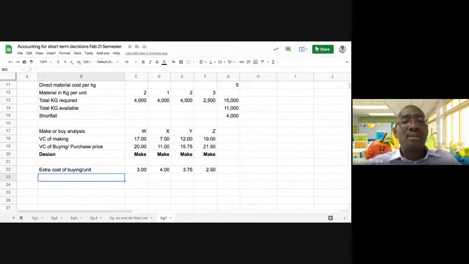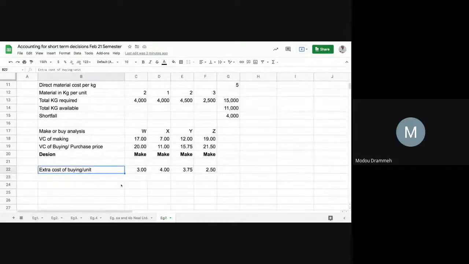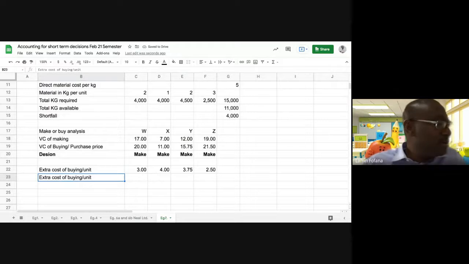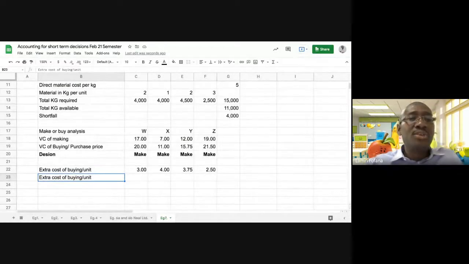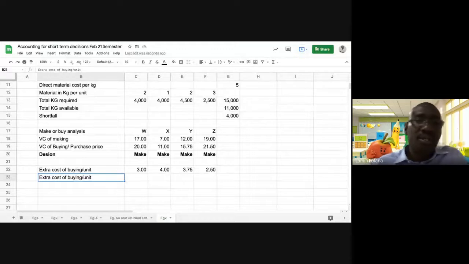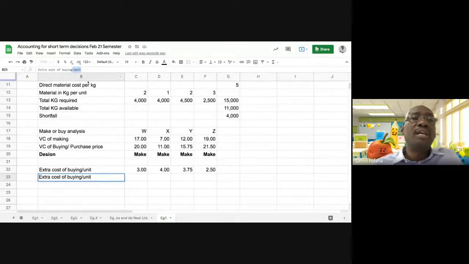Okay? Is that clear? Sorry, our extra cost of buying per kg, not per unit. We've already calculated per unit. So per kg,